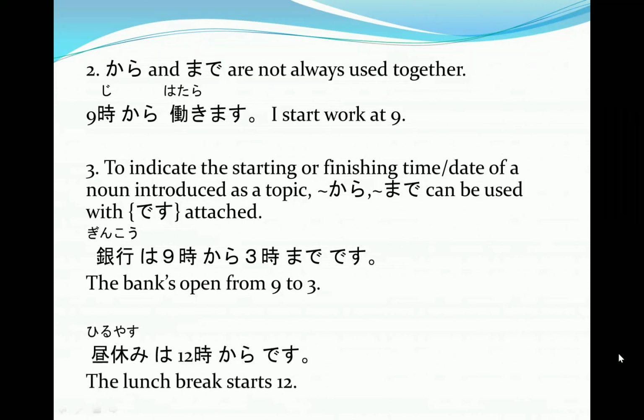And again, if you don't know the exact ending point or the finishing time or date, you could say, 昼休みは12時からです. The lunch break starts at 12. Adding this, showing or making the sentence more polite. わかりましたか？わかったね。